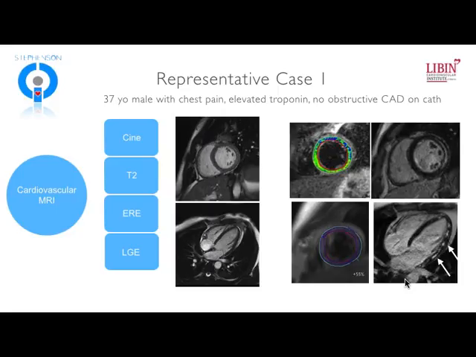So we've been using a patient example up until now in this discussion. And this is the patient. It's a 37-year-old gentleman that came in with chest pain, an elevated troponin, and no obstructive CAD on a cath. And what we saw was that his short-axis cine image, as shown here, really didn't display anything obvious. The wall thickness was not that abnormal. There's only really a trace pericardial effusion. And we see the 4-chamber view really looks quite normal as well. And so the cine images were not really that contributory.